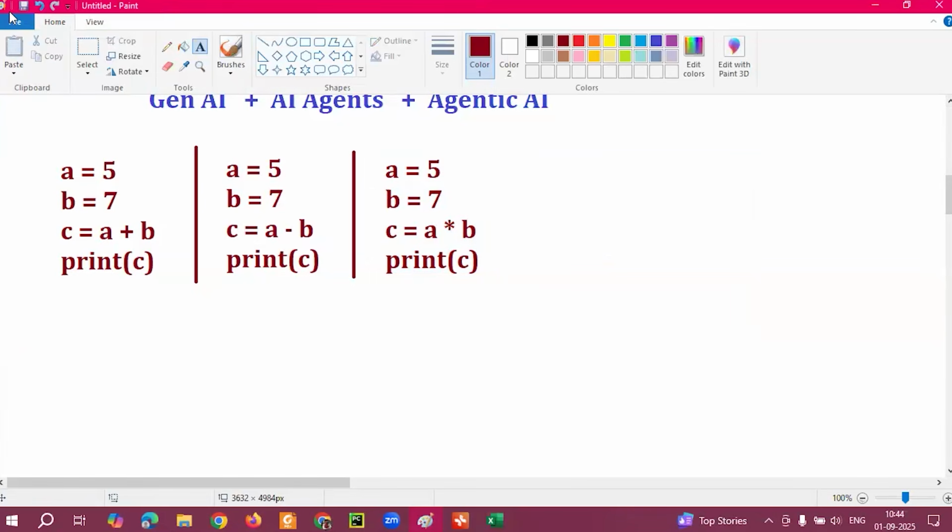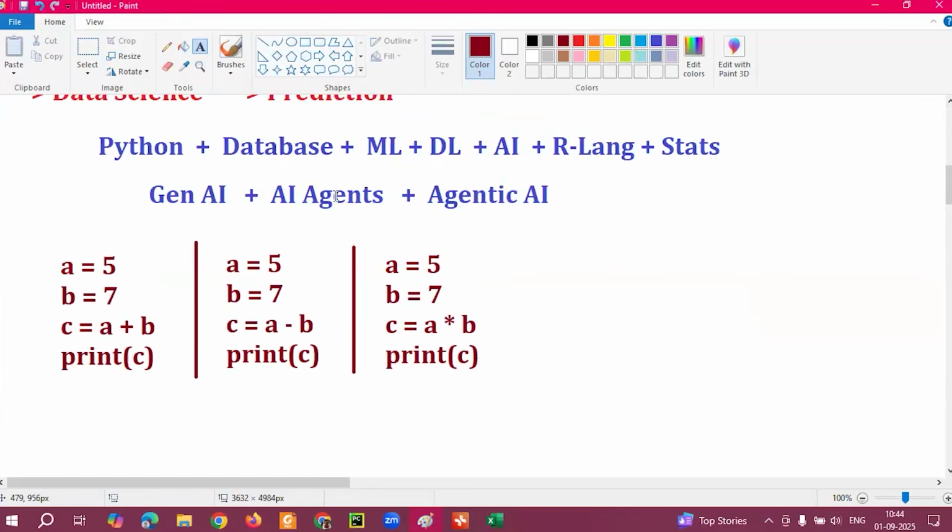For that purpose, we need to go for what? Generative AI. In the previous one, what happened? Only whatever you trained, it will give information from that only. But now what they are expecting is that even if you're not trained, it has to learn patterns from the previous one, generate, and give the information. Generative AI. And the latest one, agents, agentic AI also came into the picture, guys. Okay. So for one particular work, one agent is required. For example, I need bus information or train information. So I prepare one agent.